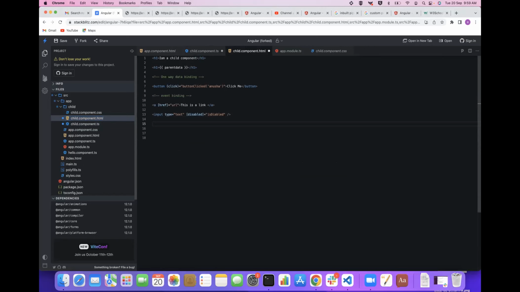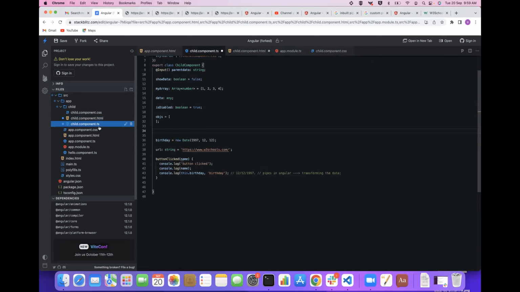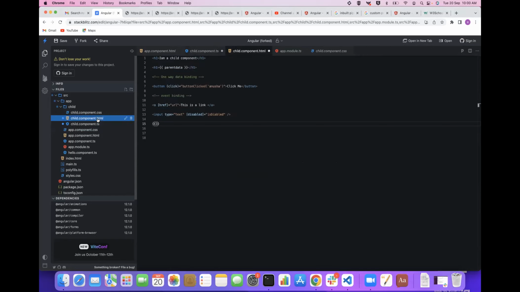So how can you give? You can just give birthday. Okay. And pipe, if you are applying pipe, you need to use this symbol. Okay. And then whatever pipe you are applying, suppose date pipe. Okay, then